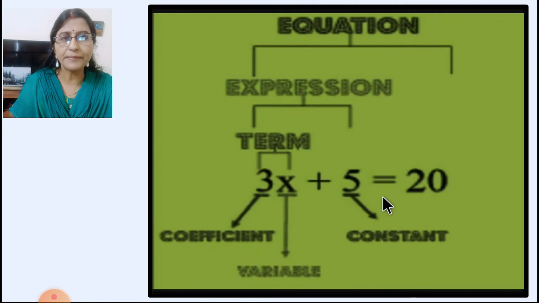Now this is an example of an equation. Here you can see 3x plus 5 is equal to 20. First of all, we see the equal to sign should be there. When the equal to sign is there, then it is an equation. And these are algebraic expressions. Now here you see this is a term, and all of these are terms. In this term you can see a variable is also there. So x is the variable and 3 is the coefficient. And this is a constant, it remains the same. So this way you can make an equation.